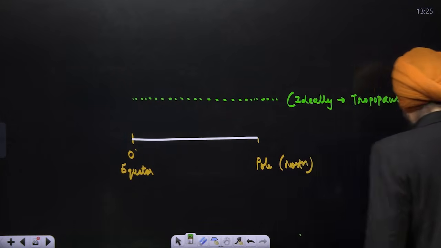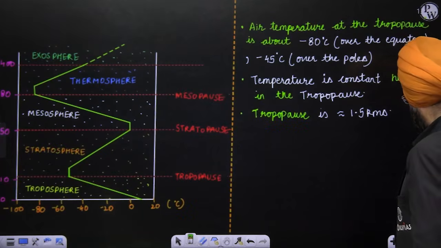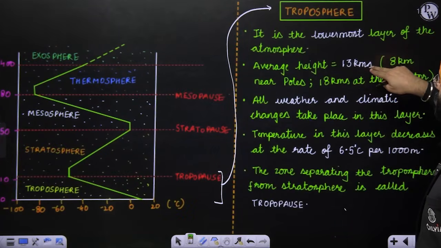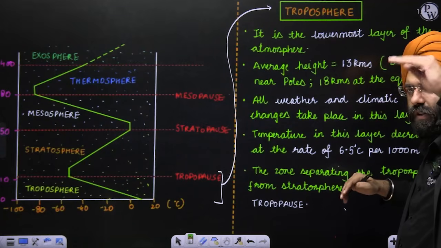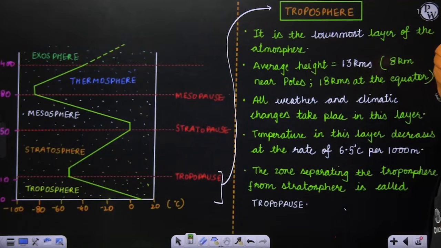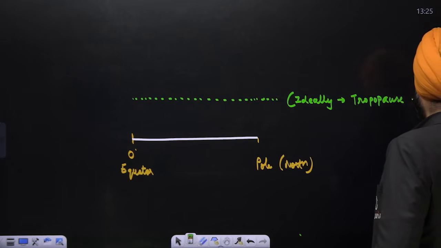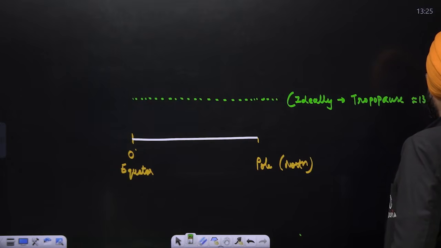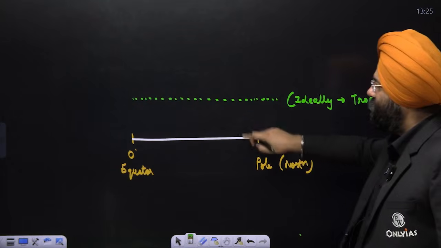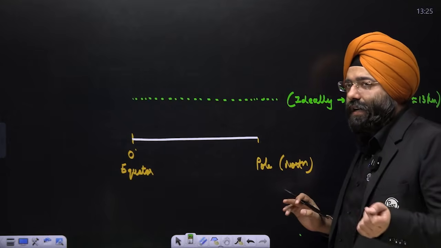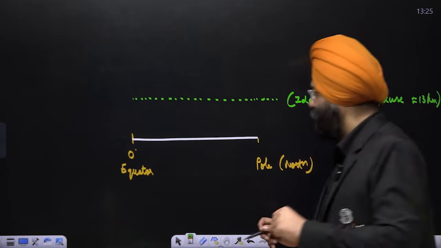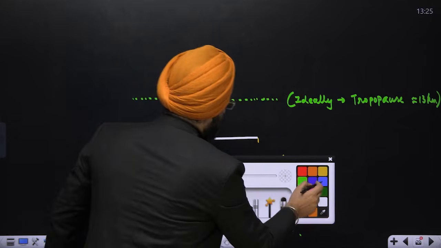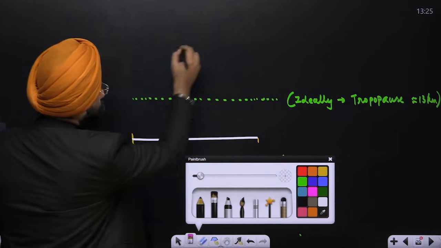If you see over here, right now I told you that when I talk about tropopause, the average height is, let us say, 13 kilometers, just above the troposphere, and then the tropopause begins. So over here, ideally you can put it as 13 kilometers above the surface of the earth. Clear? But in reality, this is not the truth. Why? See here. The reality is,